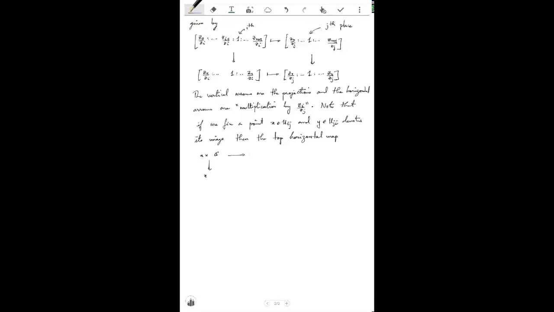So note that if we fix a point x in U_ij and y in U_ji denote its image, then the top horizontal map is linear on the fiber. So thus we conclude that